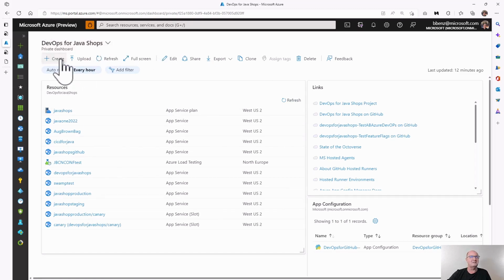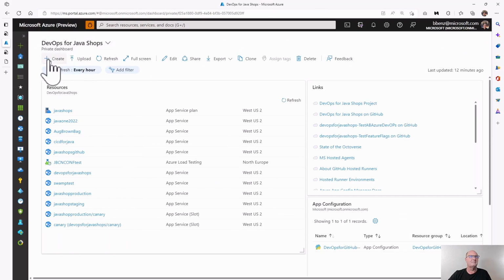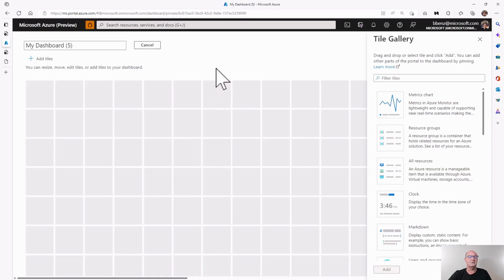So let's just hit create, and let's create a new portal. All right, that's all we need to do. Create a dashboard. We don't need any of these templates here. We can just close that. And we can create a custom dashboard. All right.